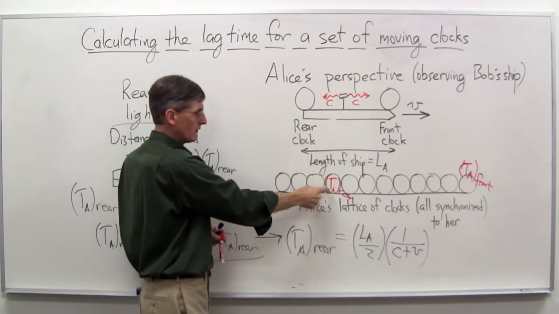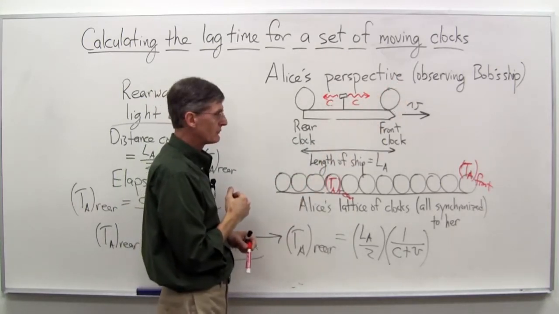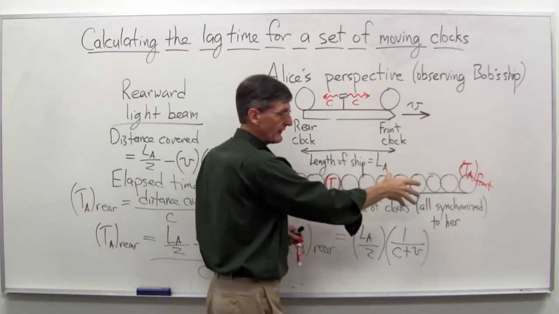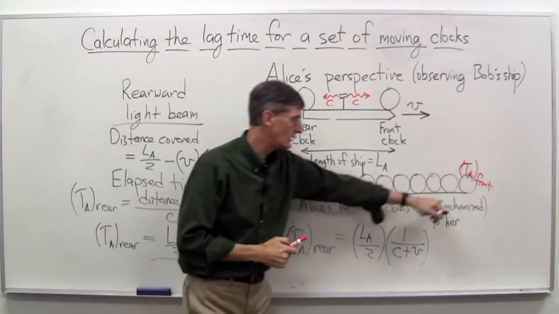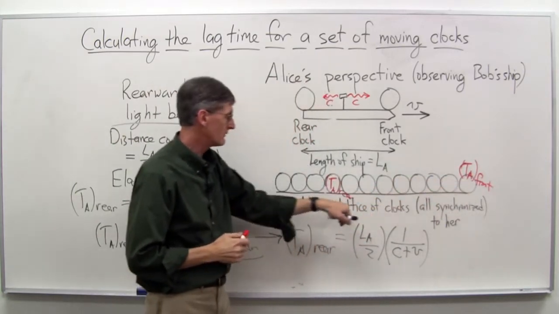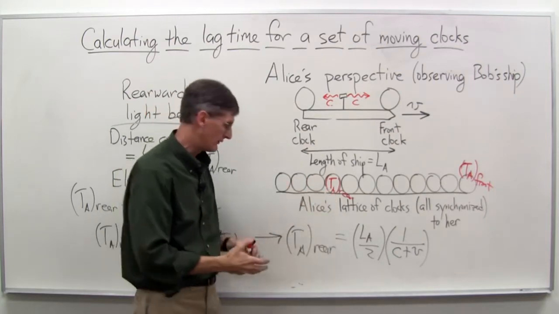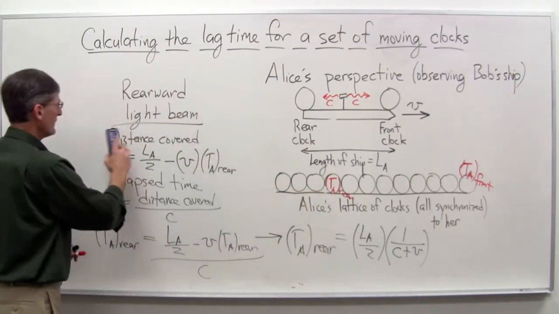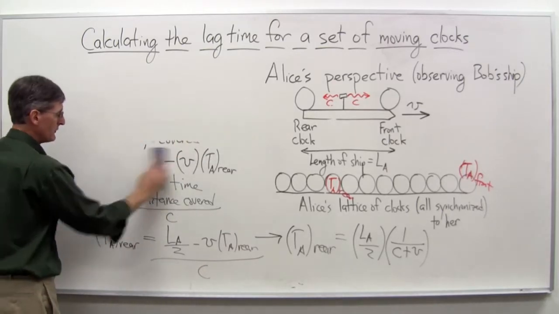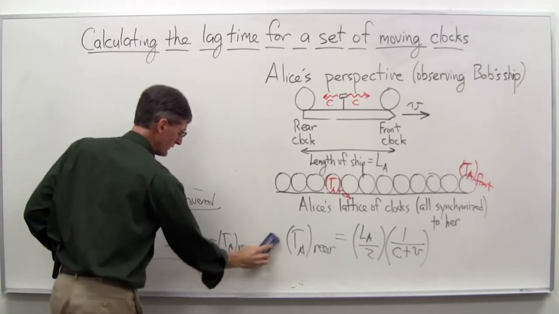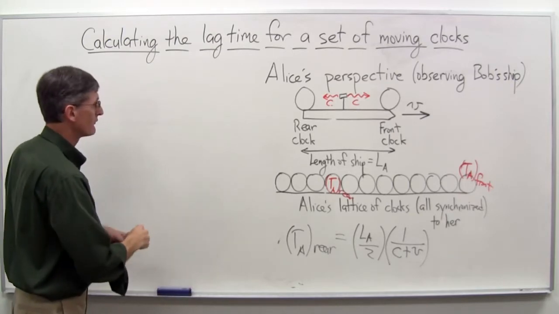Rearward one hits, record that, wait a little bit more for the front going photon to catch up to the front clock, and boom, at that instant in time, do the flash, it'll read TA front. Where TA front here is going to be a later time than TA rear. Okay, we can see that qualitatively. We want to figure it out quantitatively. So let's now do a similar thing, but for the frontward going beam. We'll leave this one right here because we'll use it in a minute. That was our first result. Okay, so for the frontward